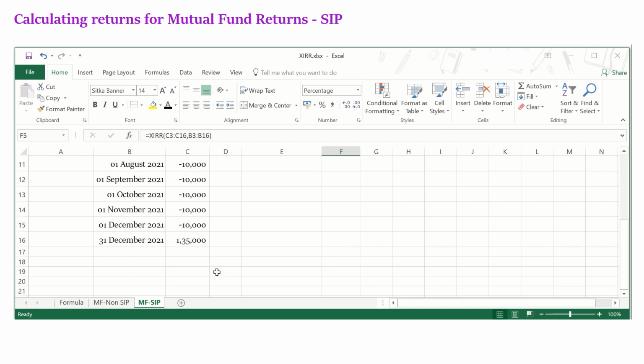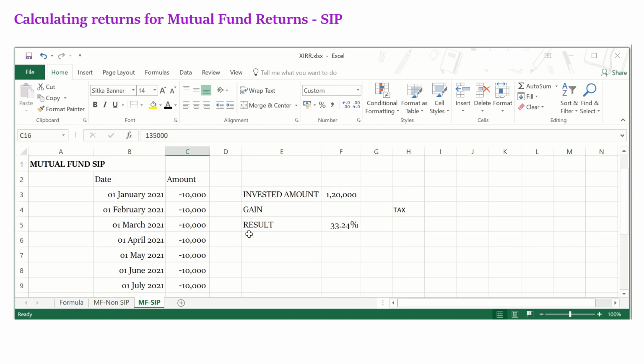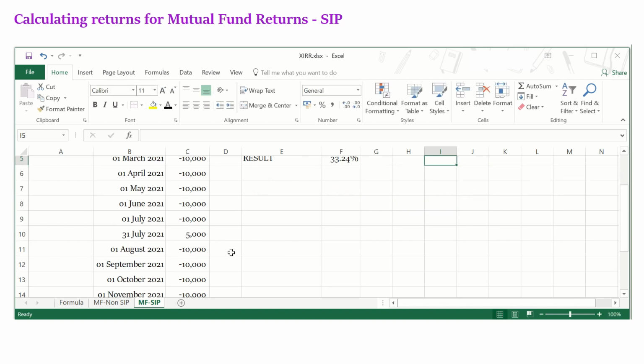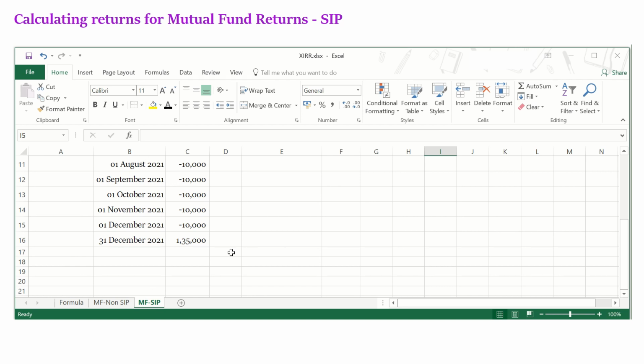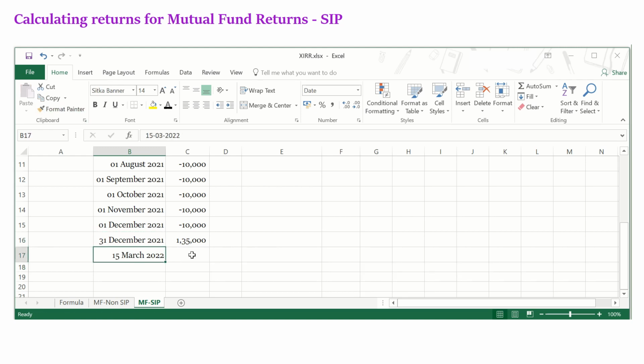And there is a tax to be paid since you have made a gain here, and it's a short-term tax. So in this, the gain amount is 1,35,000 minus 1,20,000. It is roughly 15,000. And tax is a short-term tax of 15% over this 15,000. So the tax amount is 2,250, which I pay before the 15th March due date. Since that is an outgo from you, you need to put it as a negative value, minus 2250.